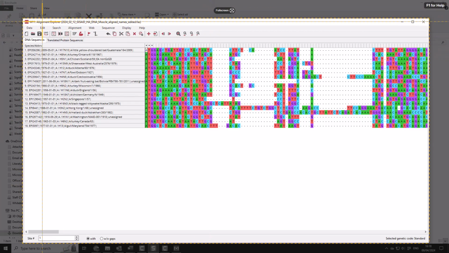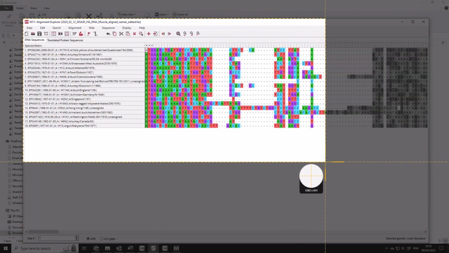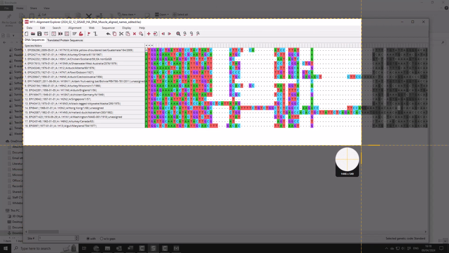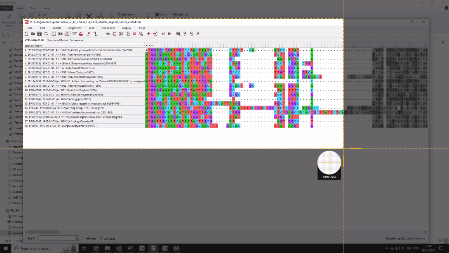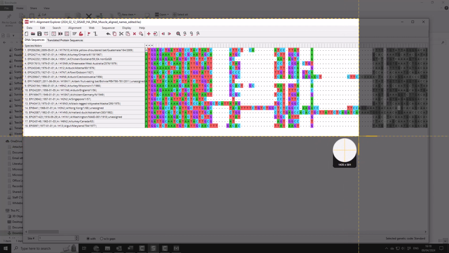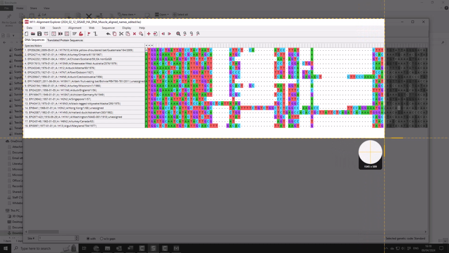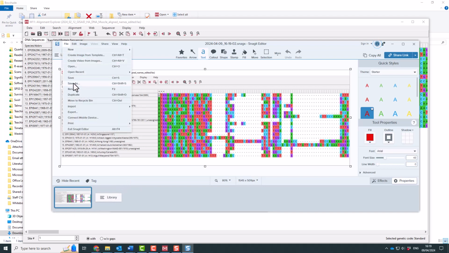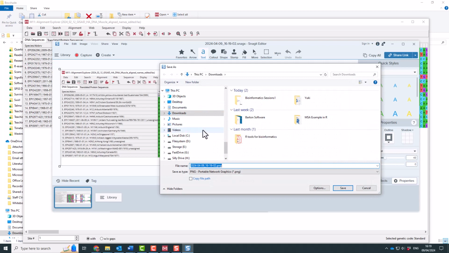So let's say I decide to highlight this section of the screen. I've shown the menus and things, I've shown the sequence alignment, and I've not got too much white space, so I could do it to there perhaps. So there is my image. I can then save this, file, save as, I'll save it into my downloads, I'll just give it some arbitrary name,